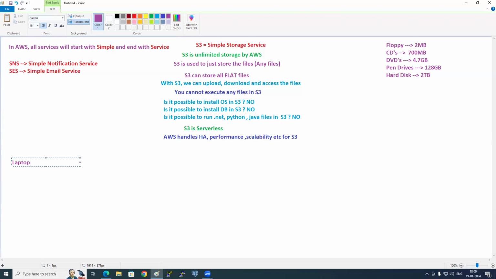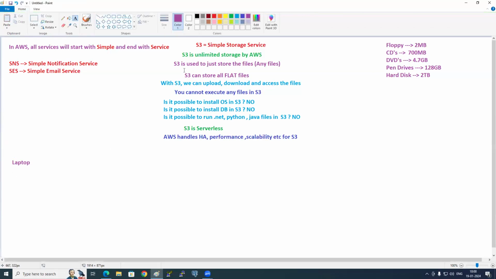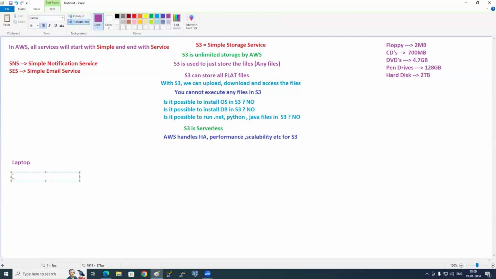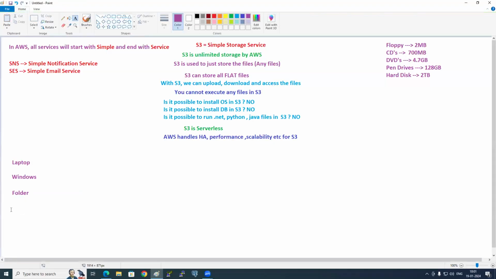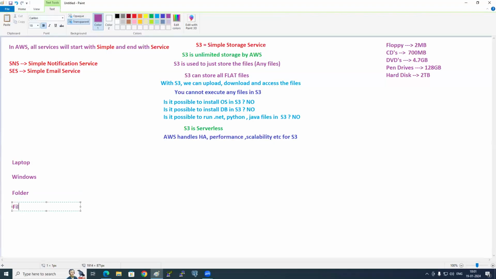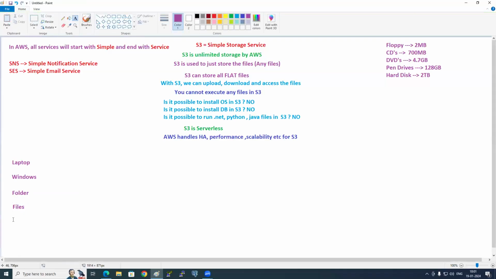What will he do in his laptop? His laptop is Windows or Linux? Windows. And what does he do? He'll create folders, separate folders called Tollywood, Bollywood, Hollywood, like this. Inside the folders, he'll put the files. Can you give me one movie name?